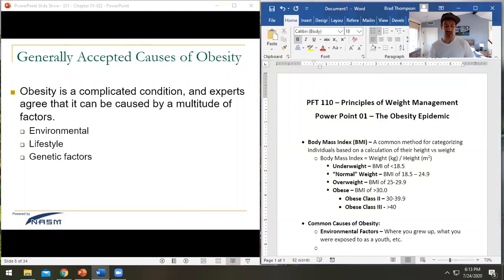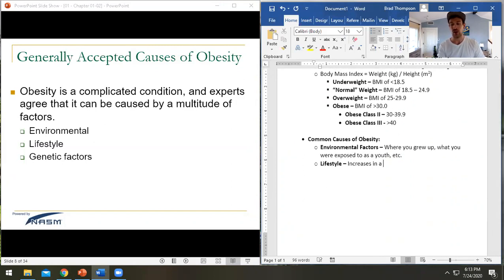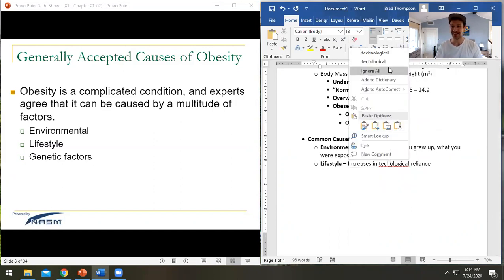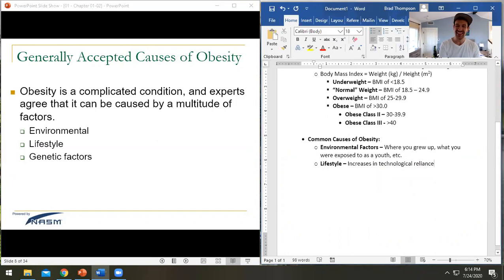Other things, lifestyle, right? Lifestyle is huge, right? We are seeing increases in technological reliance, which is huge. Irene, you're talking about kids and iPads, right? Absolutely, right? That's a big part of lifestyle, right? Family history is another one,